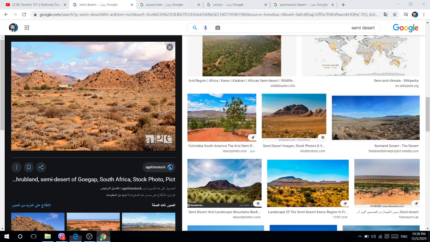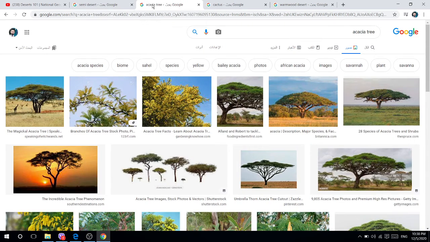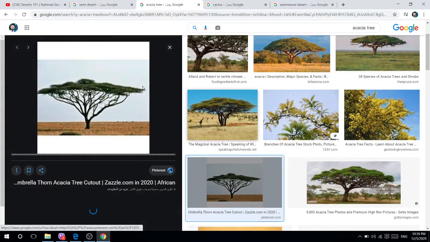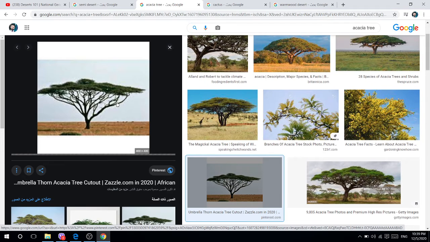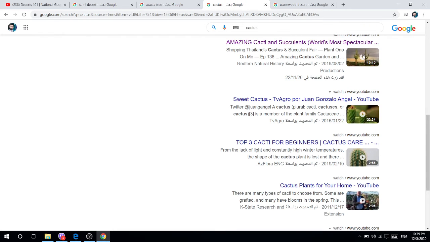Look, I will show you some. This is acacia. This is an acacia plant. They have very long roots to get water from deep layers of soil. This is an acacia tree. They have long roots to get water. This is an acacia tree, and as I told you,